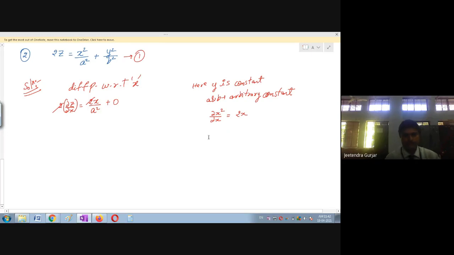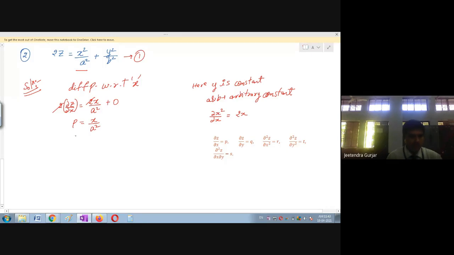Remember this formula? It is p. It is small p. Okay, no problem. So therefore, I will write this as p is equal to x upon a square. But you can see in this part, the LHS, this is x square upon a square.